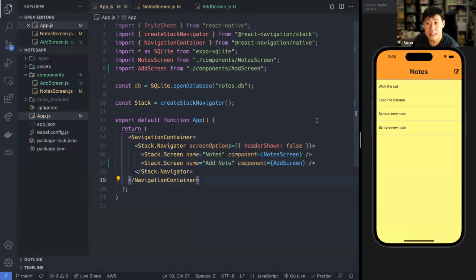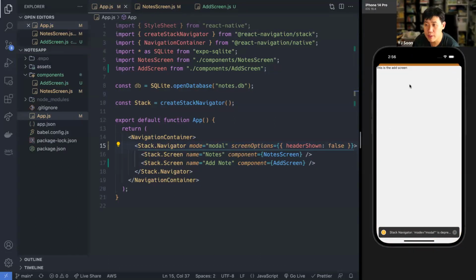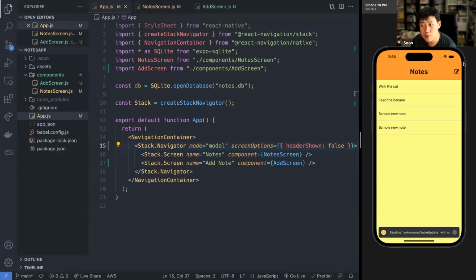All right, that's a bunch of changes. I press on this. Whoop, there you go. That's not quite what we expected. It still became something where it's pushed in. That's because there's one last thing I need to change, which is the stack navigator. I need to change this into modal mode. So if I tap on this, it will actually pop up. Oh, check it out. It now actually has the iOS specific thing where it covers the screen slightly and you can drag it down to remove.